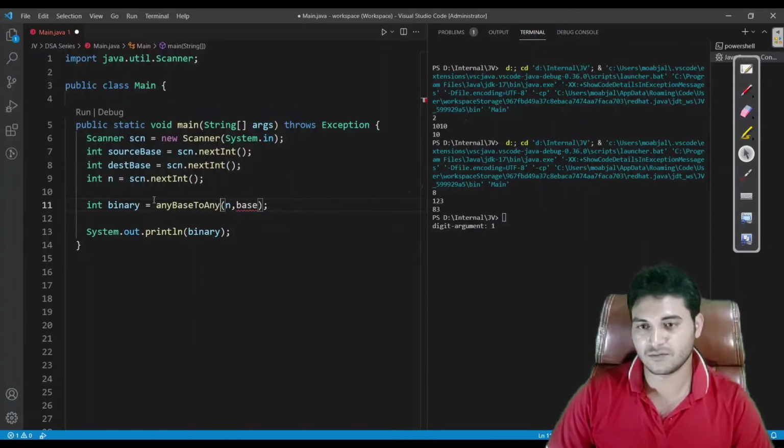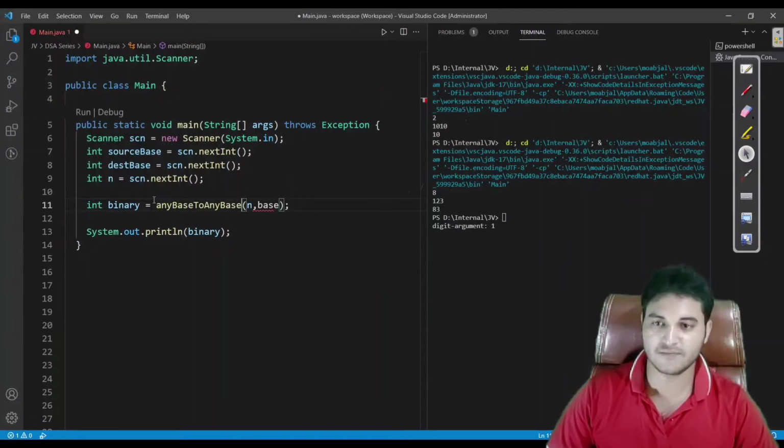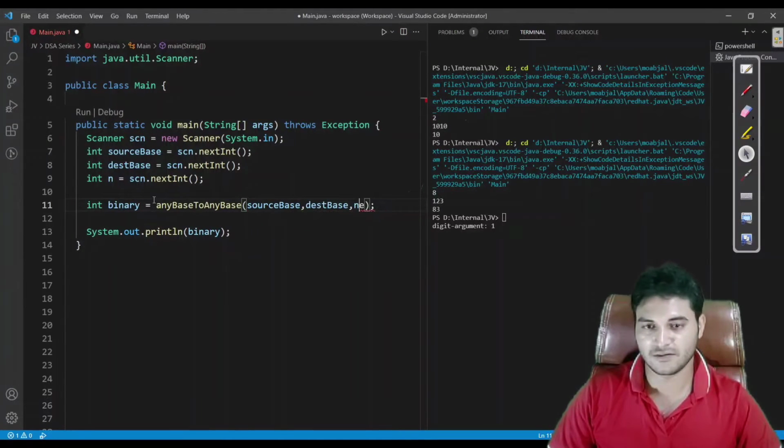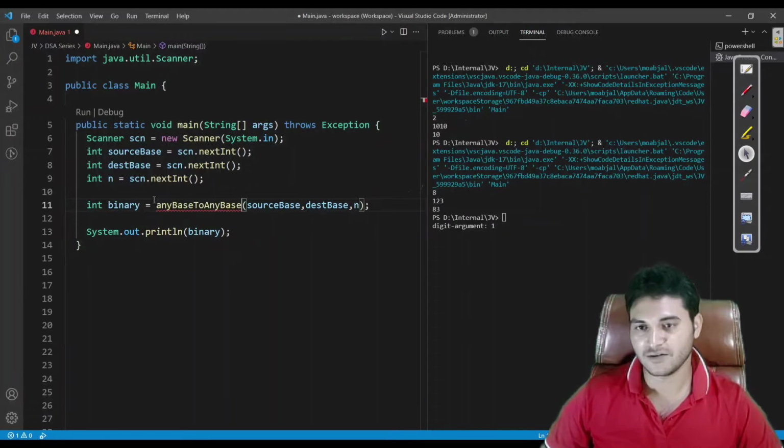And inside this, we will pass source base and dest base also, and n. So we would pass these three numbers. Fine.